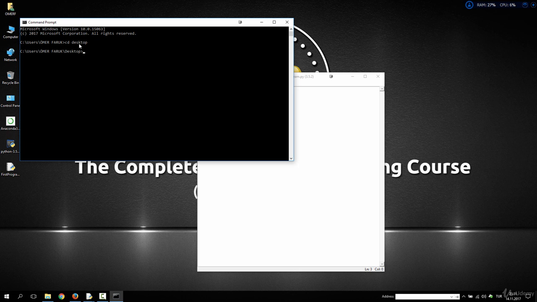Right now I'm on the desktop, as you can see, and I want to run the Python file from here. What I need to do for this is I just write python here, and then I write the name of the Python file that I've created before, just next to the python keyword, which is firstprogram.py. When I wrote this, I'm saying that I want to run this Python file. When I press enter,